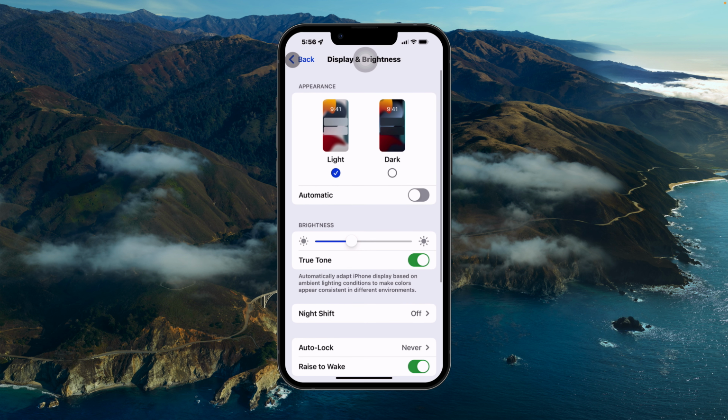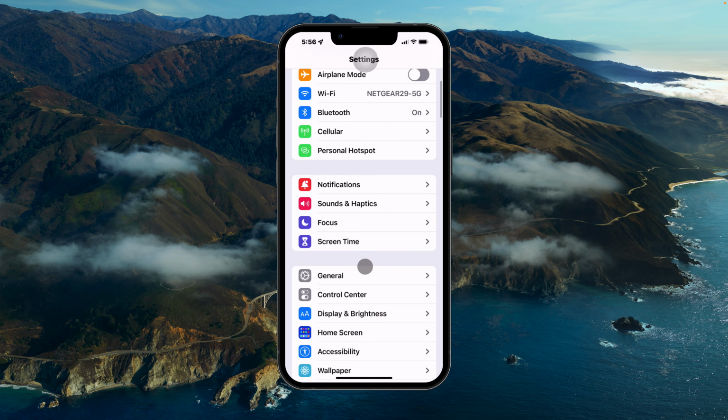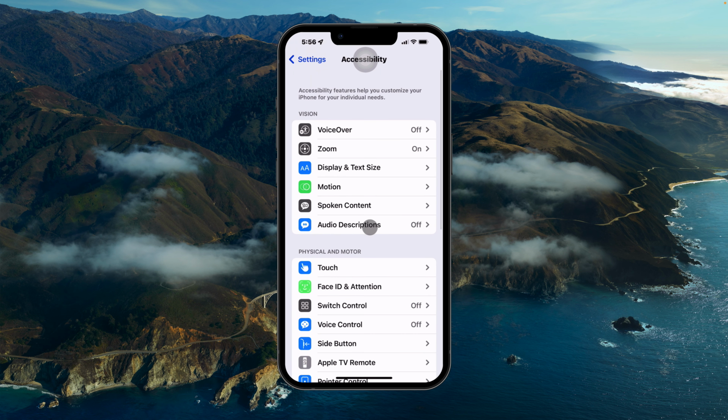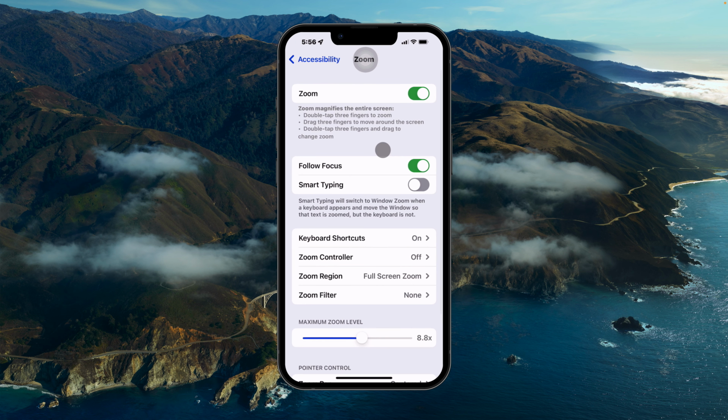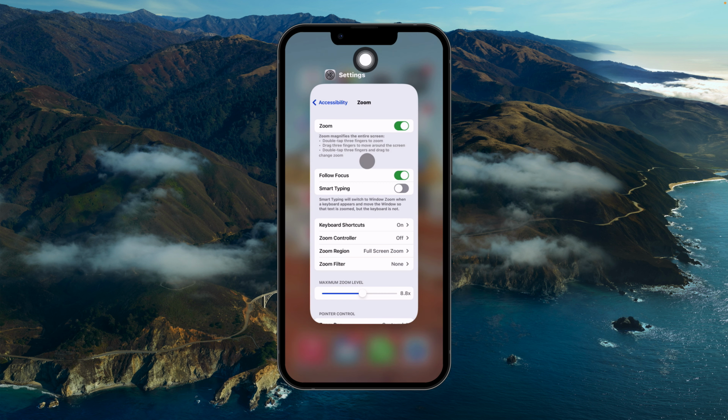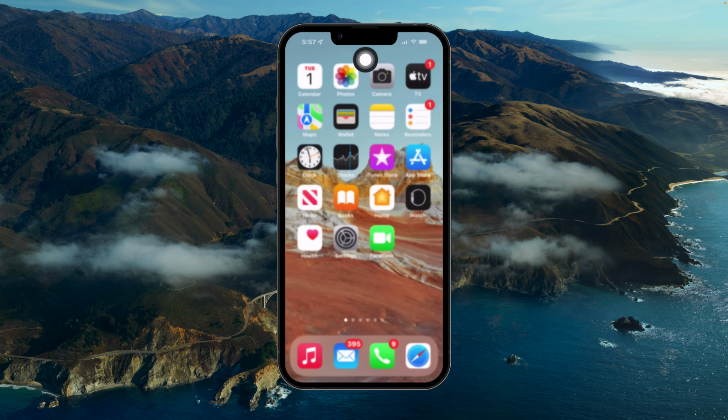Go back, go to Accessibility, and go to Zoom, and read this. Double tap 3 fingers to zoom, drag 3 fingers to move around the screen. Okay, we'll try that. We click on this, quickly on home, drag that out,